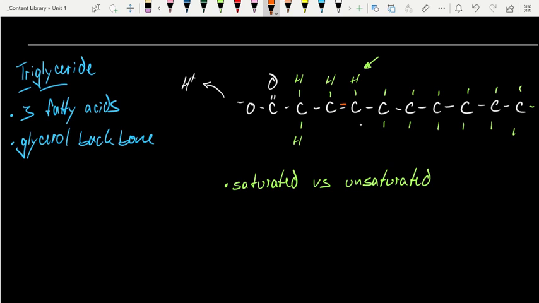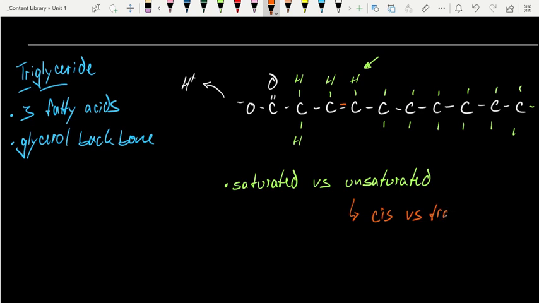If it's an unsaturated fatty acid, I know that there is a carbon-carbon double bond in the primary chain. Of course, you might be thinking, well, why do I care about that? Well, this is important because the vast majority of naturally occurring unsaturated fatty acids are cis fatty acids. But the next thing we want to talk about when we think of unsaturated, we have to think of cis